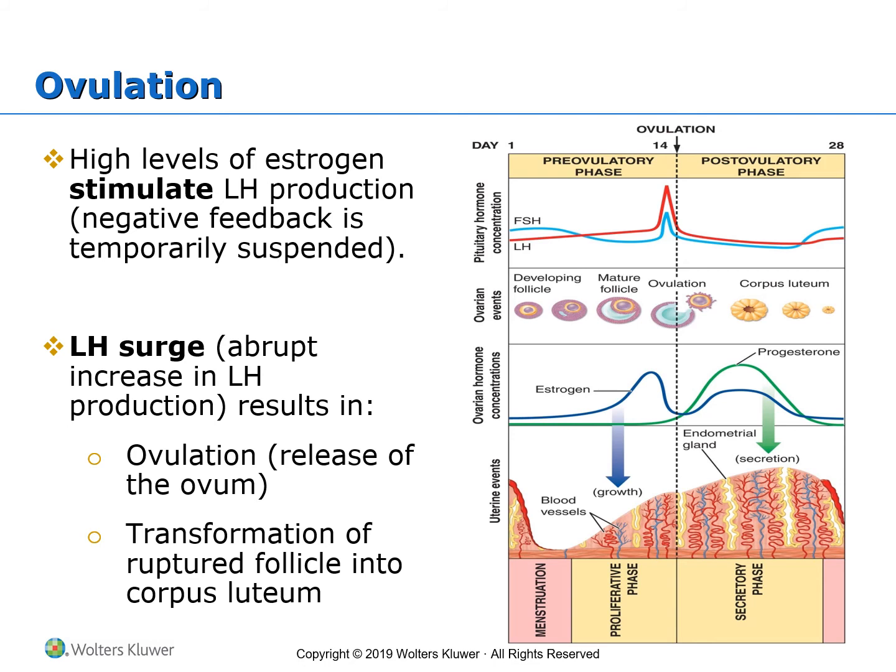So again, those high levels of estrogen will create a stimulation in the LH that will surge, and as a result of this surge, the ovulation will occur. The ovulation represents the release of the ovum. Once the wall of the mature follicle and the ovarian tissue rupture, the ovum is released inside the peritoneal cavity, and the currents of the peritoneal fluid that are created by the fimbria will capture it and start propelling it through the